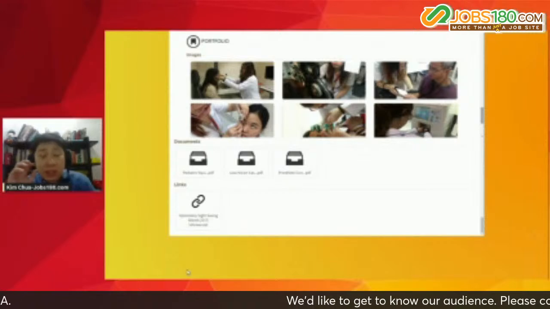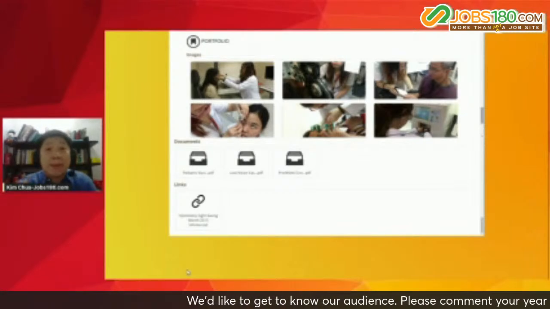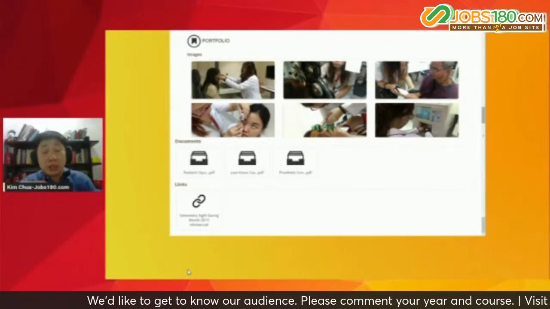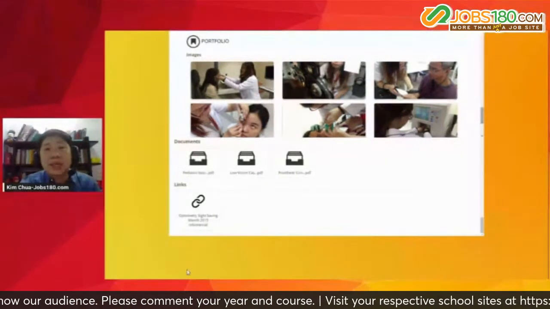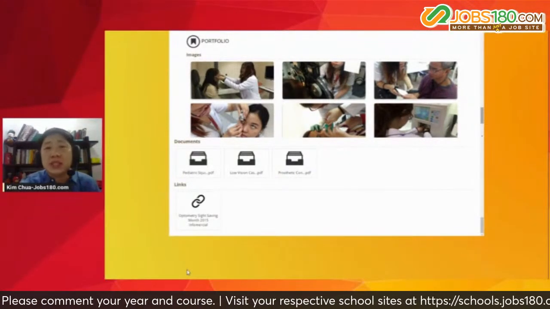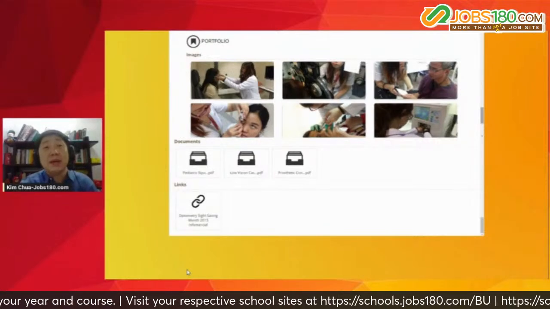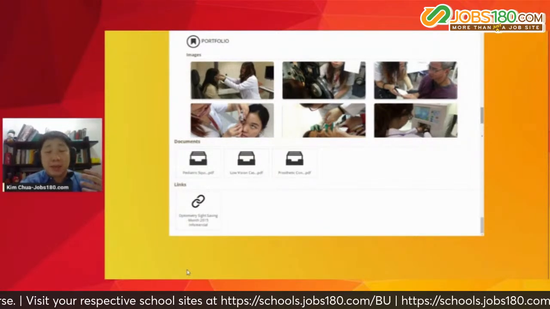Kung ikaw yung HR, everything that you need to ask or you want to know about the applicant, you already find it here. If you're the applicant, you might as well put everything there para wag mo na antayin pa yung time na hihingiin pa sa ng HR yung mga documents yan. Baka hindi na mangyari yun. Baka may ibang aplikante na mas